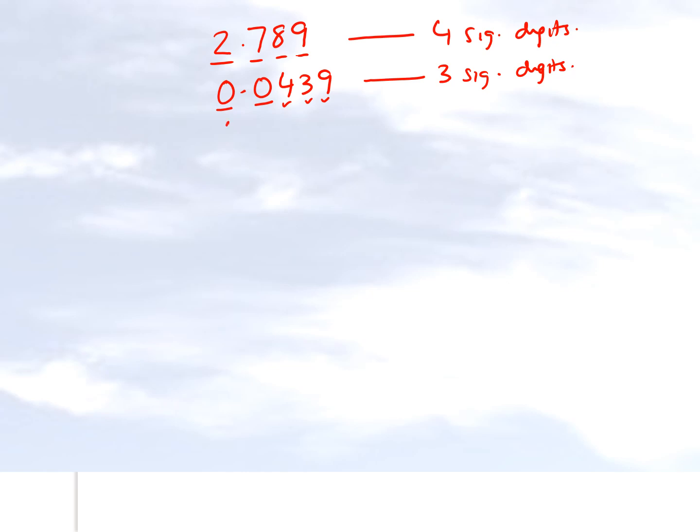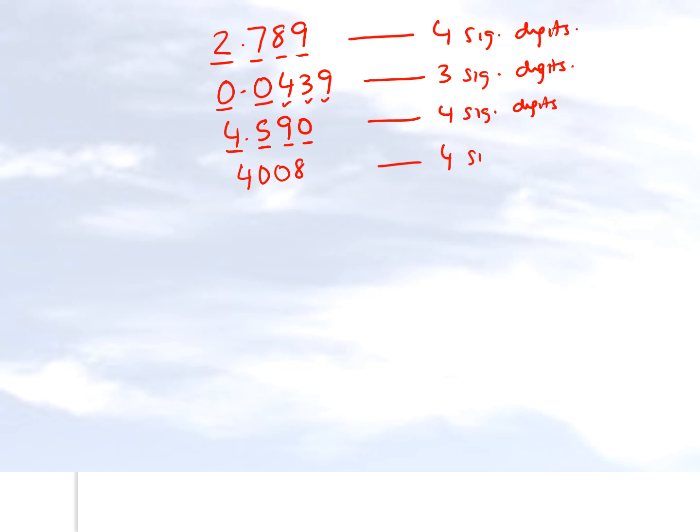Now I could have a number like 4.590, and now how many significant digits does it have? It has 4 significant digits here. We have 4, 5, 9, and 0. And somebody will say, hey, why is 0 also a significant digit? It is because all the zeros which are to the right of the decimal point, which are being shown, are considered to be significant. So how about this number like 4008?